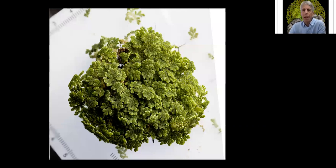This is a fascinating plant. It's a floating fern called azolla. And a friend of mine nearby had this, and I brought it home. I said, "What is this?" And again, I love going to search online. Azolla,